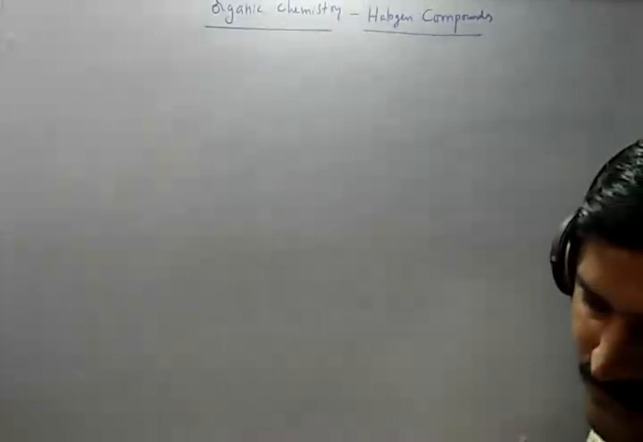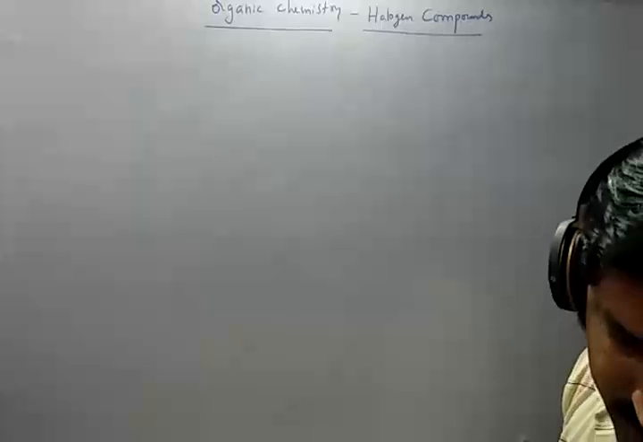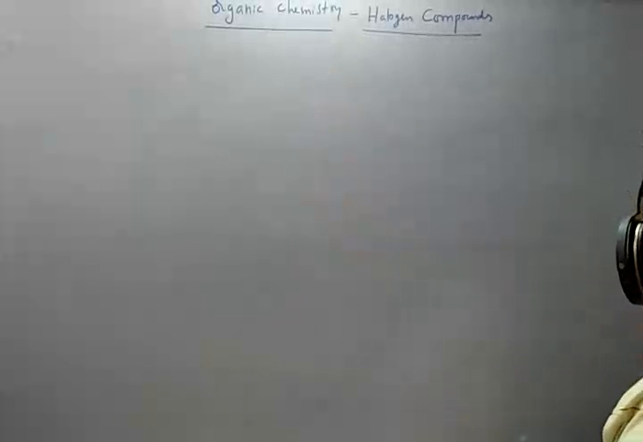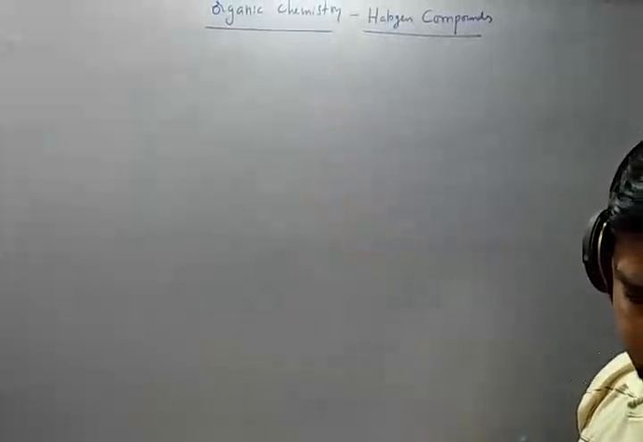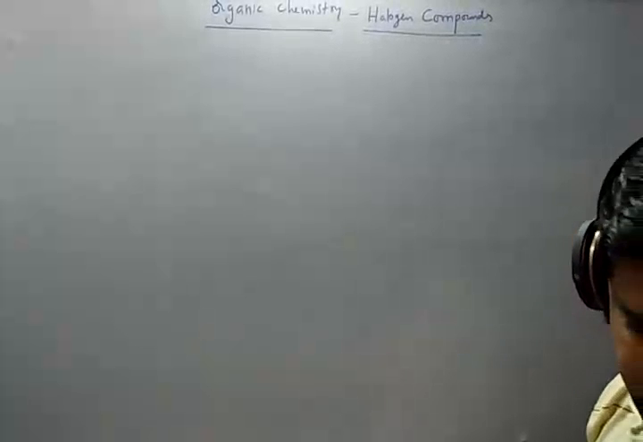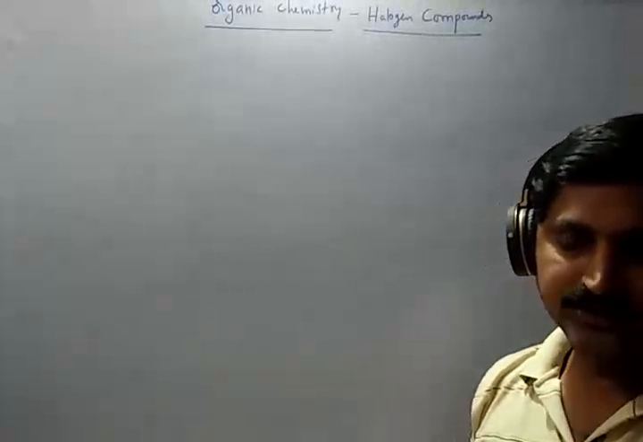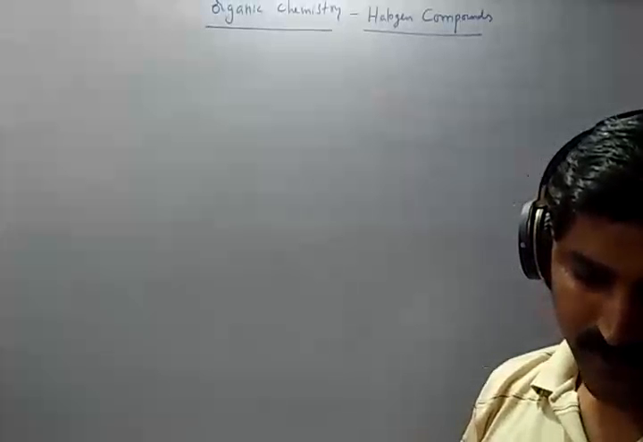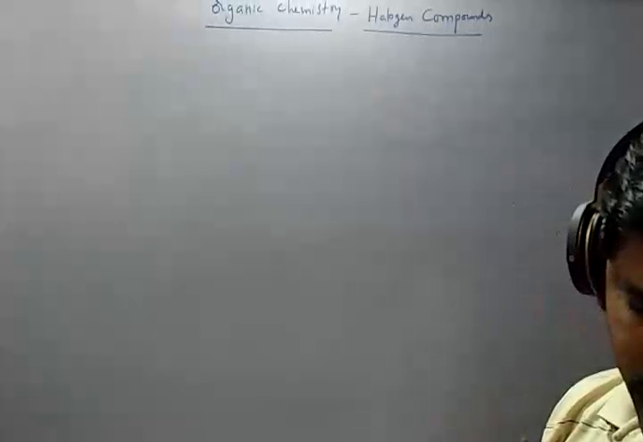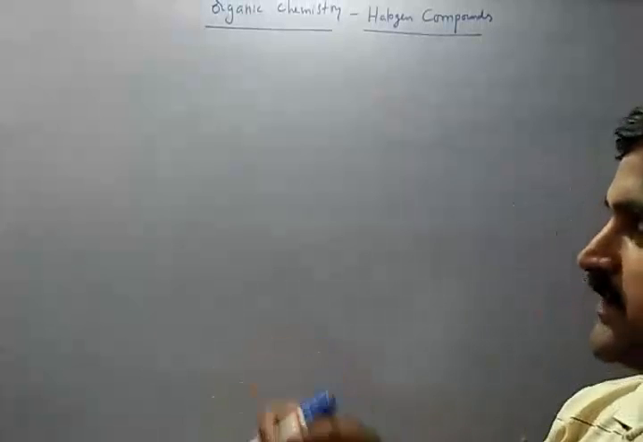Dear friends and students, today I am going to take a concept on organic chemistry: halogen compounds. So, do you know what halogen compounds are? Halogen derivatives are the compounds in which one or more hydrogen atoms of an aliphatic hydrocarbon have been replaced by halogen